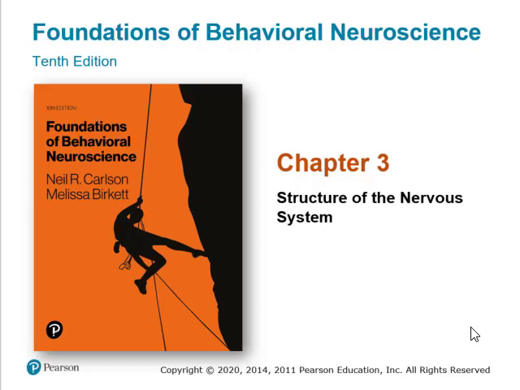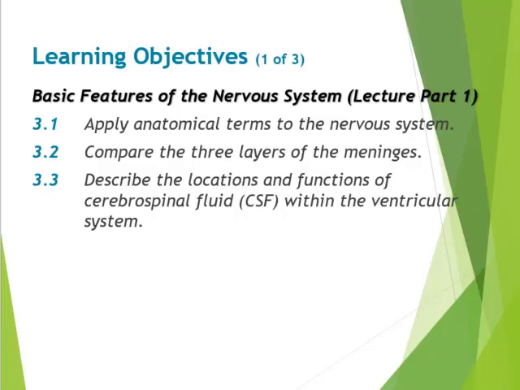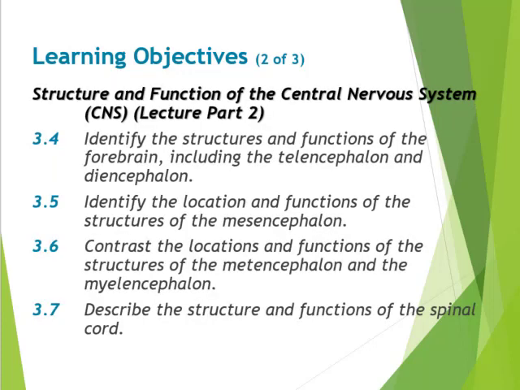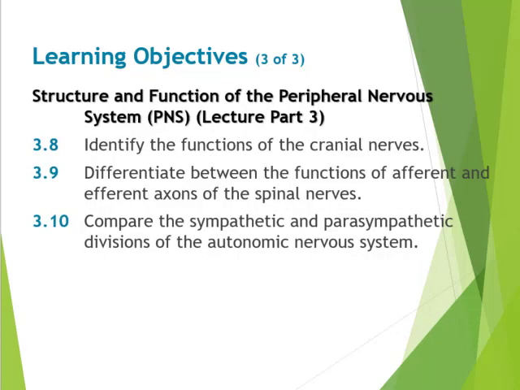Hello and welcome to the third and final part of your lecture on the structure of the nervous system. In part one, we discussed the basic features of the nervous system. In part two, we discussed the structure and function of the central nervous system. In this lecture, we are going to talk about the structure and function of the peripheral nervous system, also abbreviated